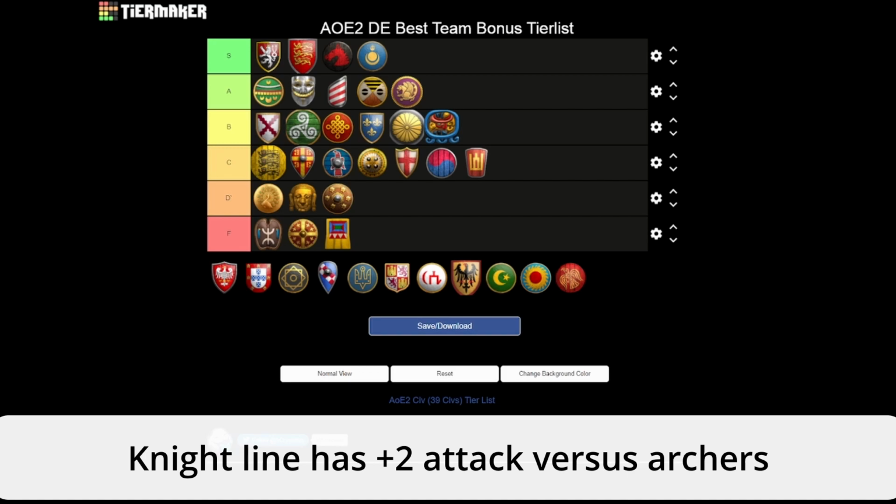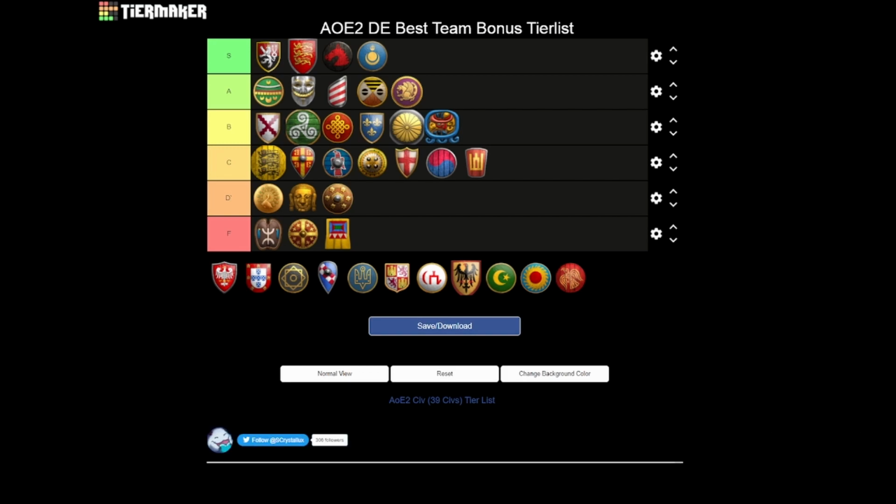This is a really, really strong bonus in Castle Age and beyond, because if you're doing that +2 attack, you're getting rid of archers a lot more easily, and you're thinning out those numbers really well. And it's pretty good because you're almost bound to encounter archers in the game, given what the meta is. I think that the issue with it,